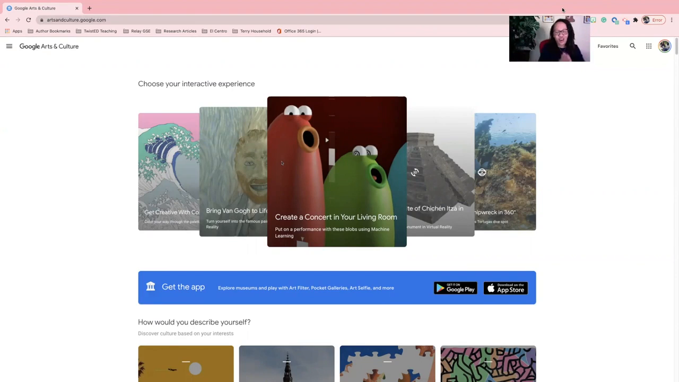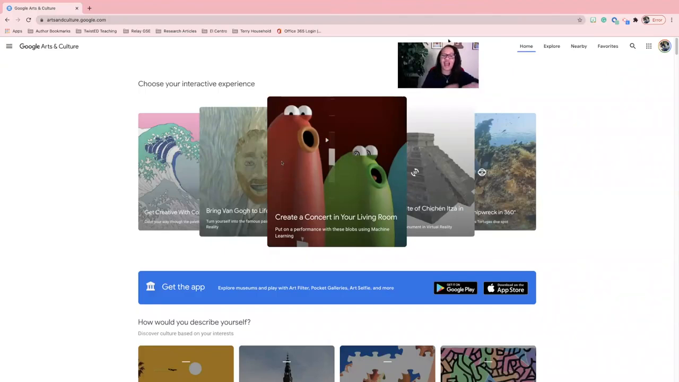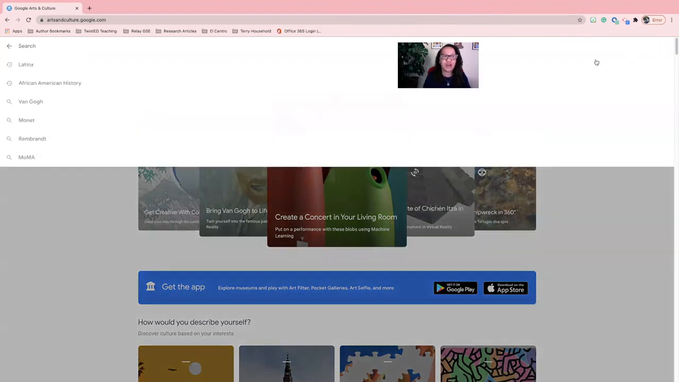Google Arts and Culture. And I am a history nerd. Like, I love history, and I love to go to museums. I just love to be in the space. But there are certain museums that, because of my location, I can't always get to. One of those is the African American History and Culture Museum, right? So if you go to